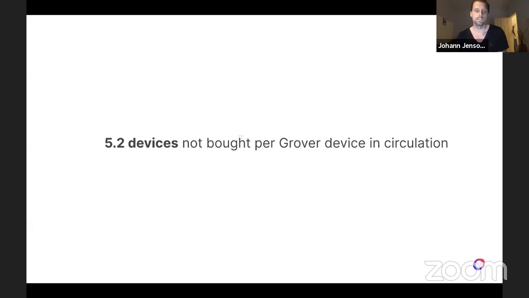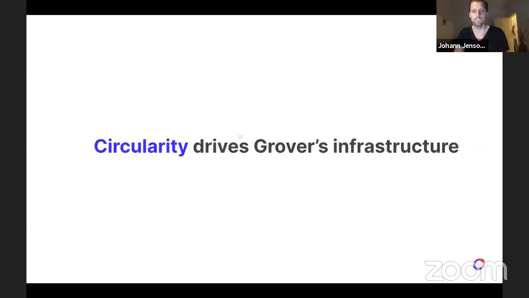We also asked customers how much demand we are actually creating for consumer electronics, and then we discounted that from the number of devices. We asked, would you have otherwise used this device if Grover did not exist? Then we discounted that from the total number of devices for this calculation. If you want more detail about how we come to these, just get in touch.